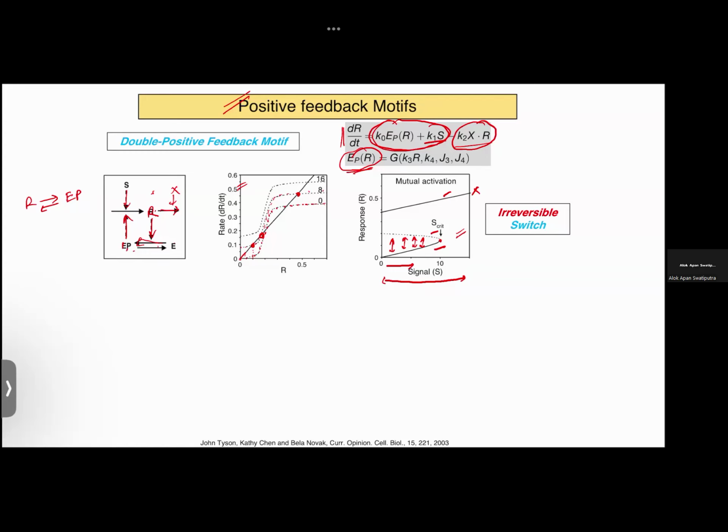Beyond that S value, the states did not exist. Right? And the upper steady state always existed for every value of signal strength. Right? So now does this picture make sense from this? So if you think carefully,